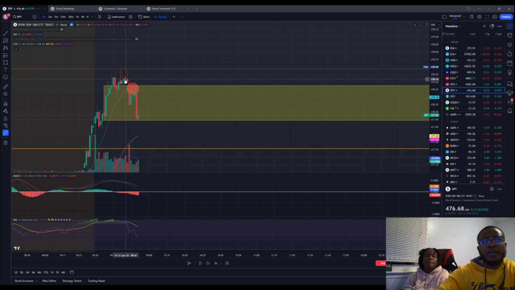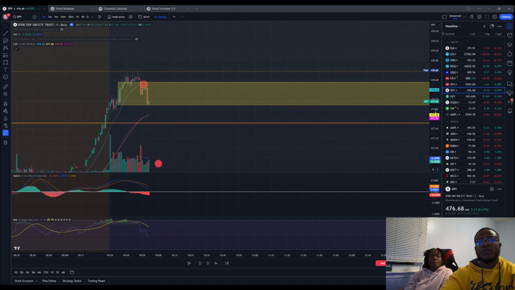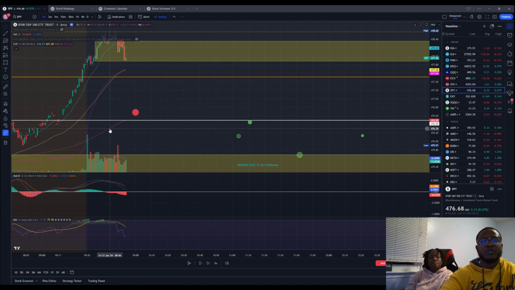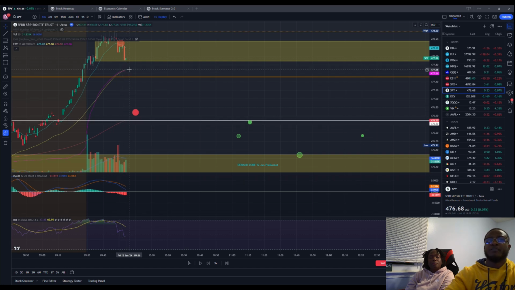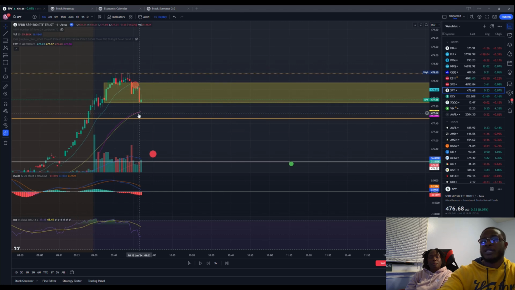So we dropped underneath that 13-day moving average, and we came back and we back tested it, and that told me, okay, this is legit. We're going lower. So this is where I took my position on a short. And at this point, I know it's going down. This 200-day moving average right here, this is my target. I'm expecting us to break through VWAP. And okay, I'm kind of jumping to conclusion. I'm sorry. The first line of support that we're going to come across is going to be that VWAP and